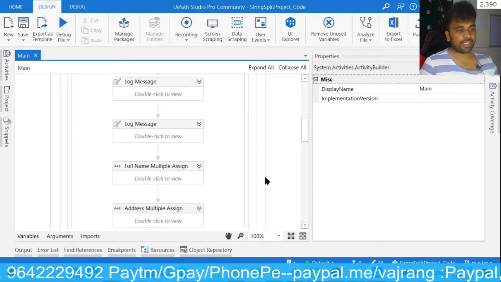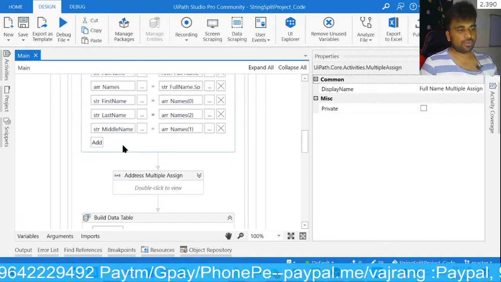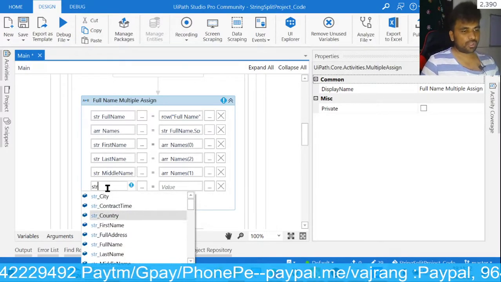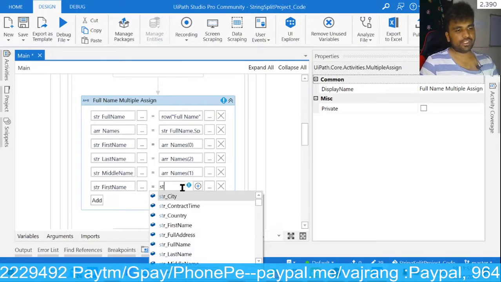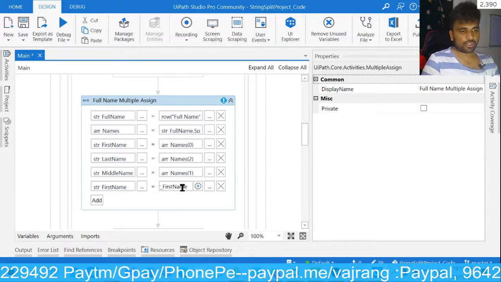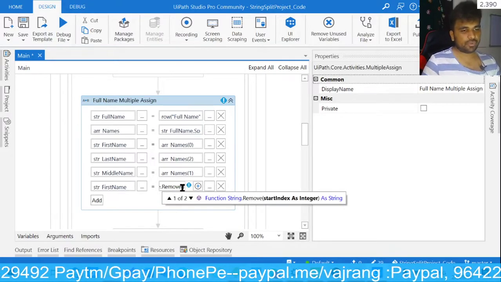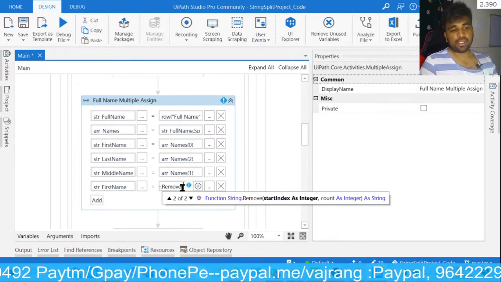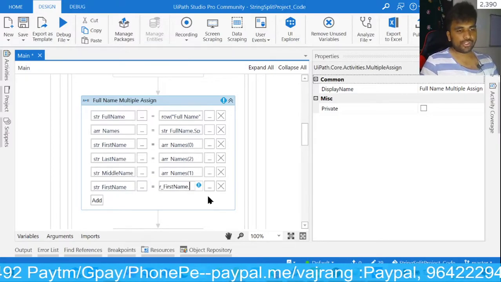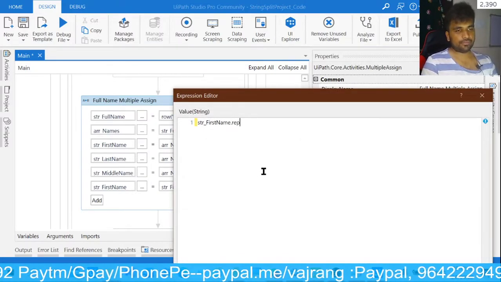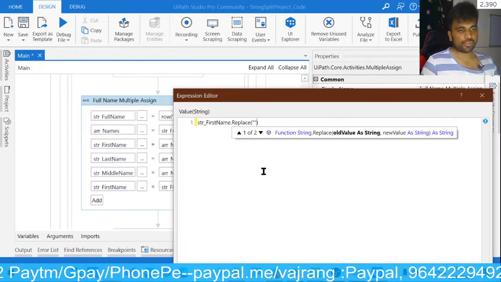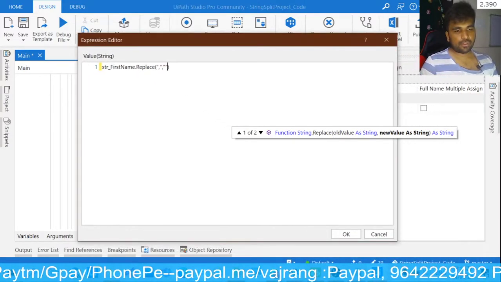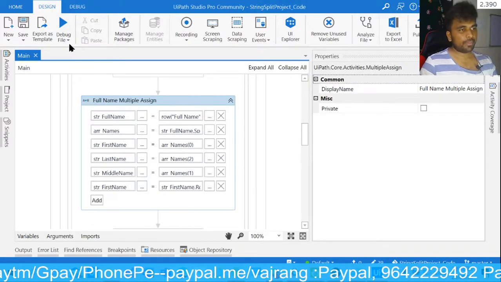So quick tip at the end, how to remove that comma after first name. So let's add one more quick activity here. We will use str first name dot remove, and in this we will pass, okay, remove accepts an integer, but we also have replace. We can use replace. What are we going to replace? We are going to replace comma and we are going to replace it with nothing, and hit on OK. Press execute,